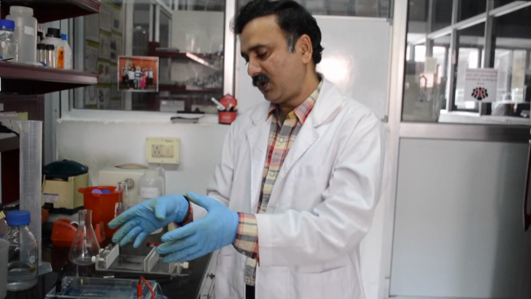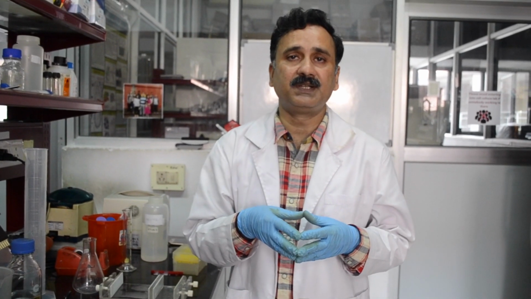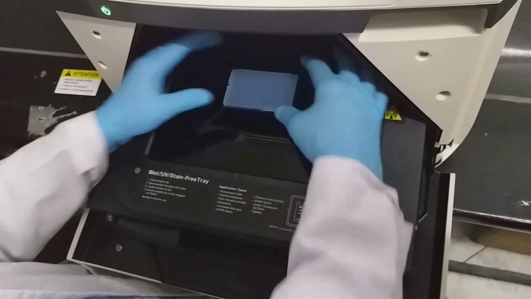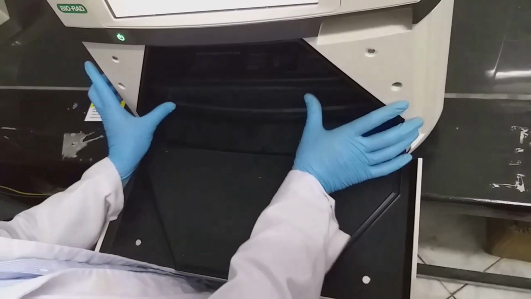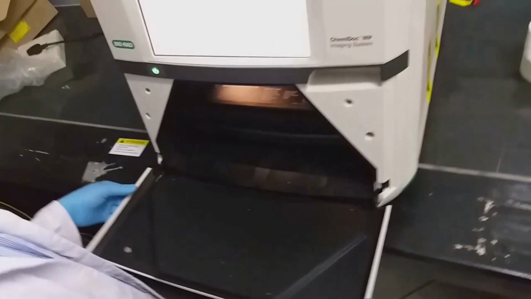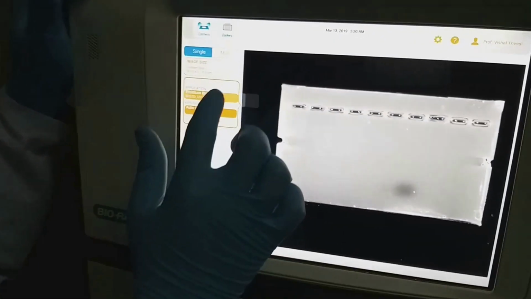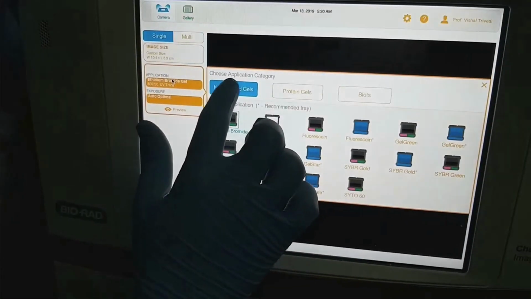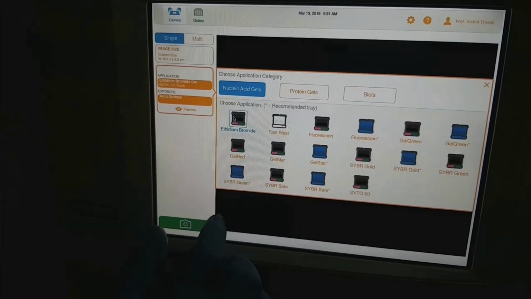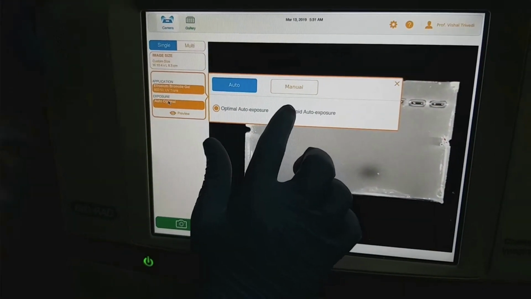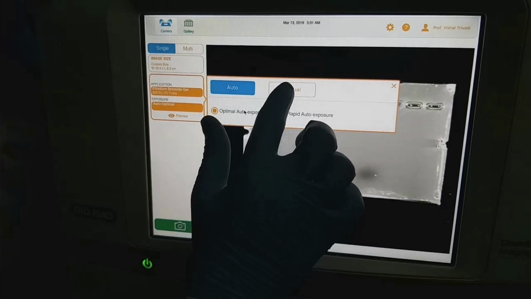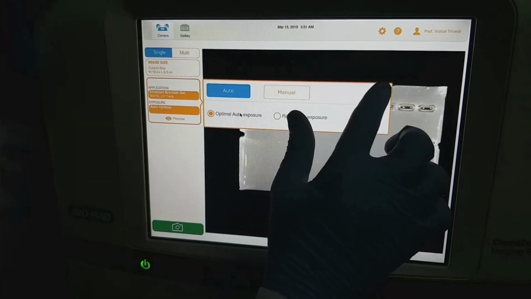Then after that, what you have to do is take out this tray and put it into the gel doc machine, and that is going to visualize it. Then close the door. Application: nucleic acids with ethidium bromide, optimal exposure, or we can select manual also.